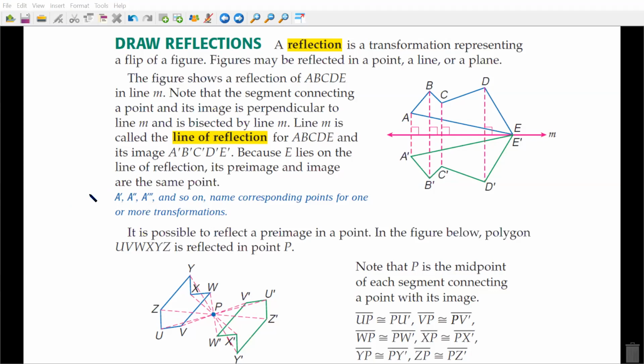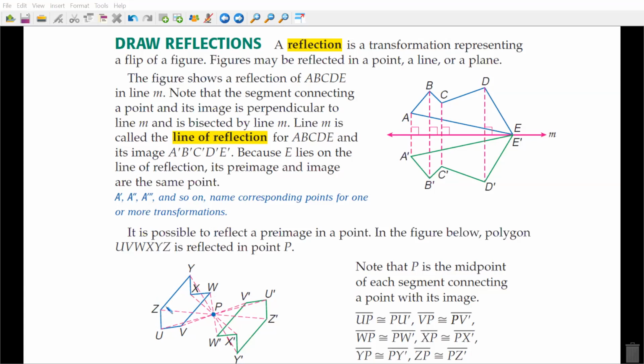Line M is called the line of reflection for A, B, C, D, E, and its image A', B', C', D', E', because E lies on the line of reflection. Its pre-image and image are the same point. Very good. So, Mr. Carrizosa, can you read here, please? It is possible to reflect a pre-image in a point. In the figure below, polygon W, X, Y, C